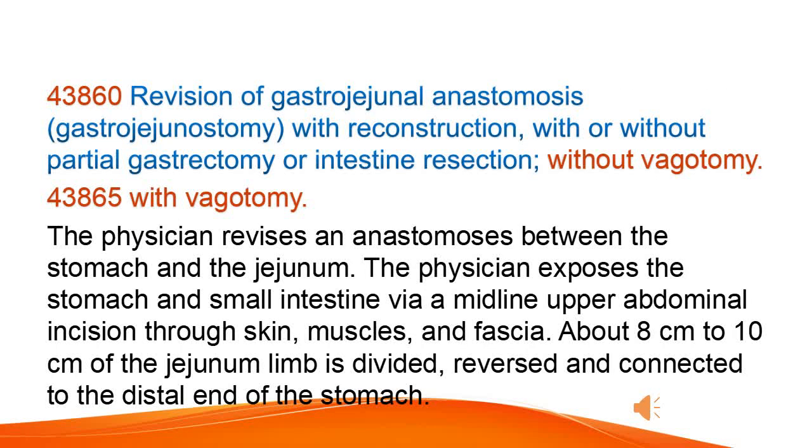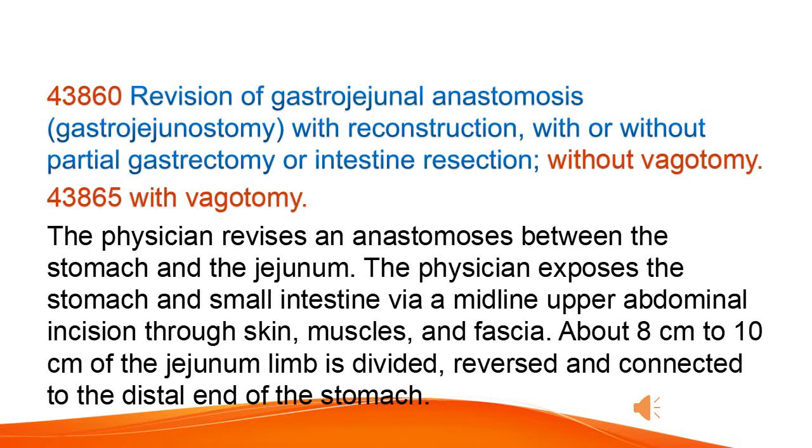Revision of gastrojejunal anastomosis, gastrojejunostomy, with reconstruction, with or without partial gastrectomy or intestine resection, without vagotomy. With vagotomy, the physician revises an anastomosis between the stomach and the jejunum. The physician exposes the stomach and small intestine via a midline upper abdominal incision through skin, muscles, and fascia. About 8 cm to 10 cm of the jejunum limb is divided, reversed, and connected to the distal end of